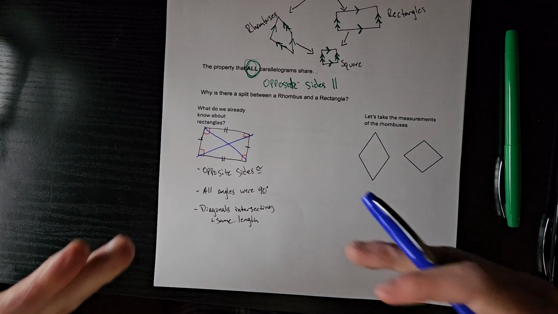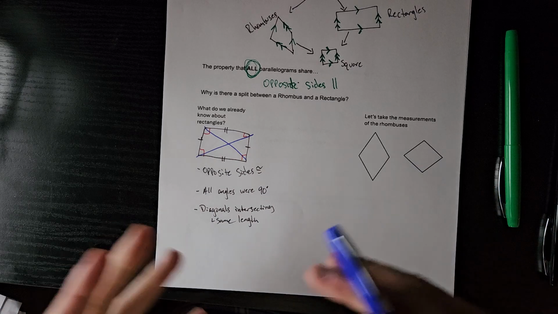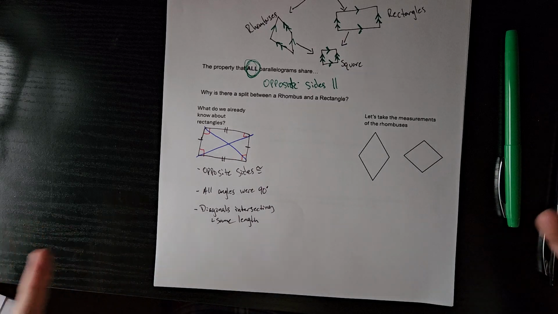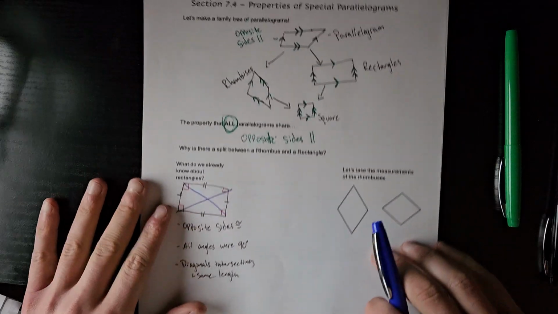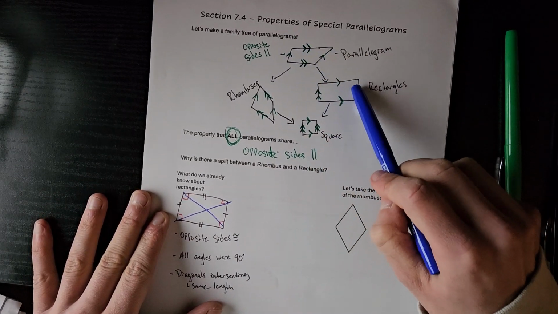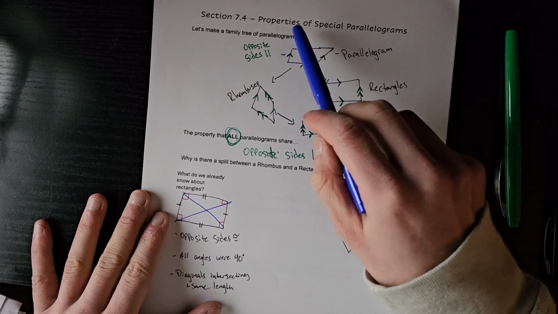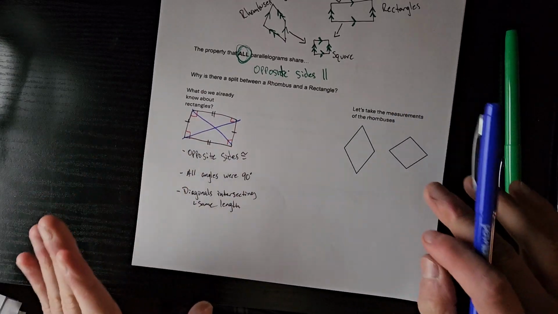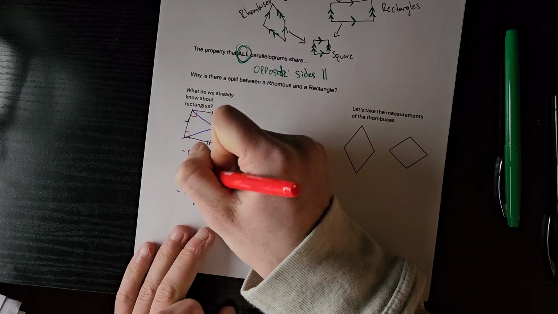And all of the properties of parallelograms that we've had already, the ones that I haven't mentioned, like opposite angles congruent, still apply to rectangles because it's a parallelogram still. Every property from a parallelogram still applies here. So everything from 7.2 and 7.3 still applies to rectangles. And that also applies to rhombuses. The thing that I want you guys to take away, and it's going to be building off of this one right here,